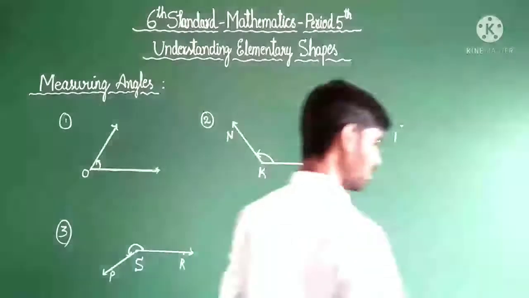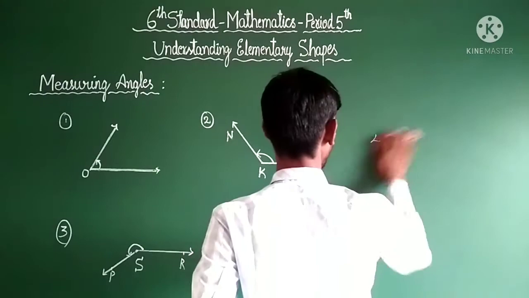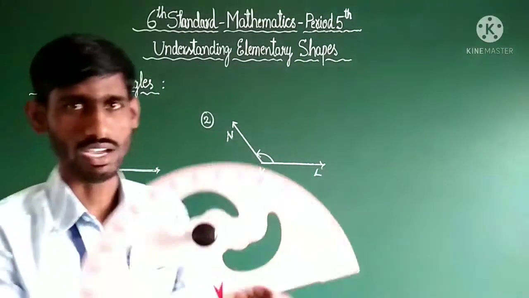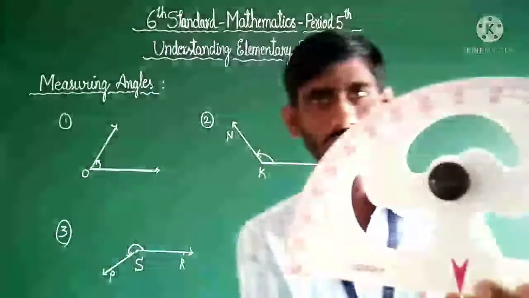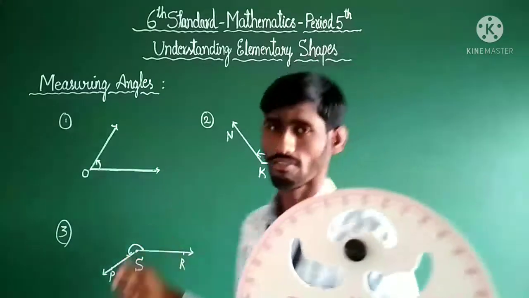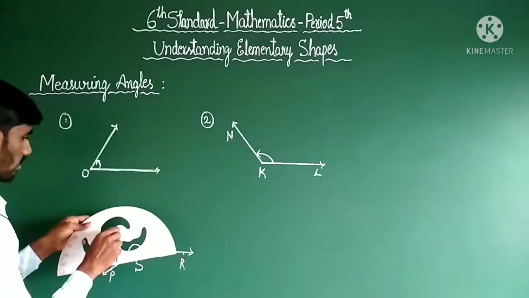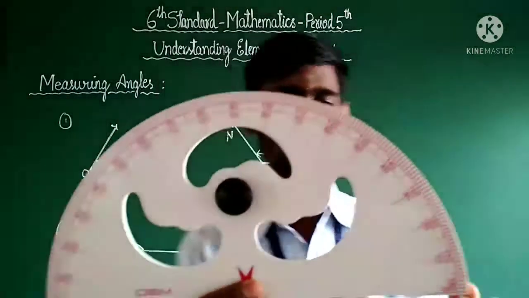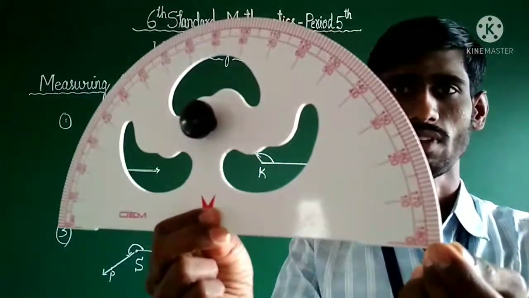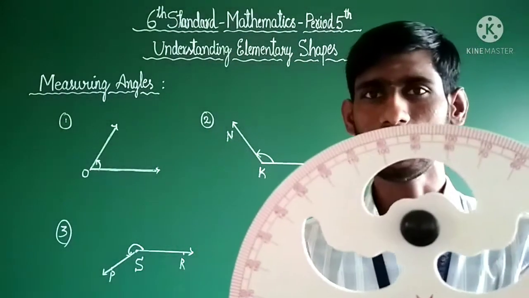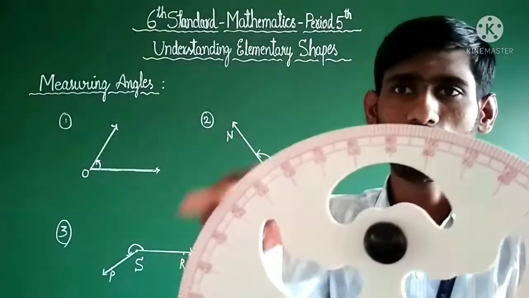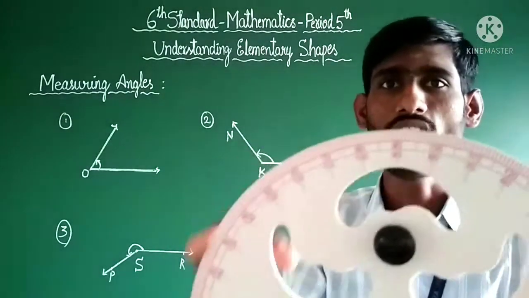Dear children, observe here. Here is a single point, the middle point. With the help of the middle point, let us use the protractor. It starts from the left side and the right side. Observe here, 0 to 180 degree. In the right side, 0 to 180 degree. This is half revolution. The curved area is half revolution.